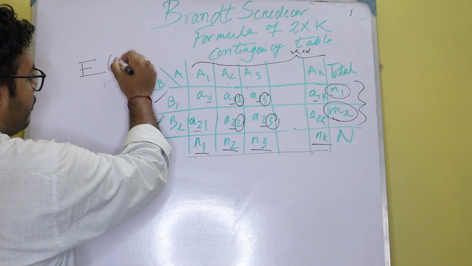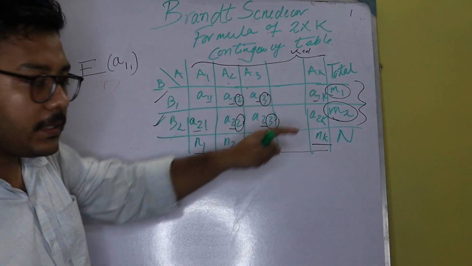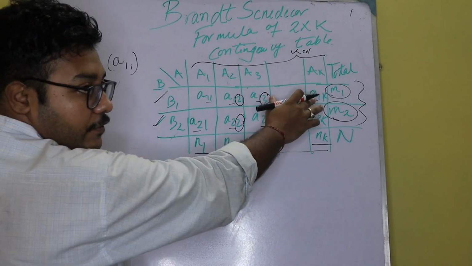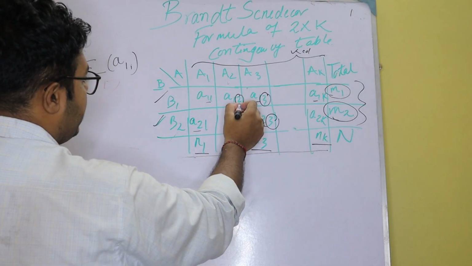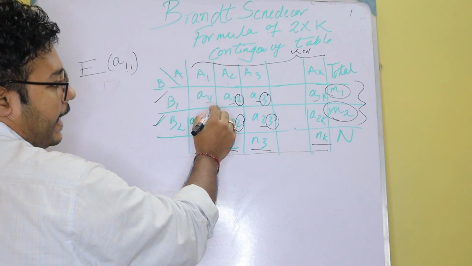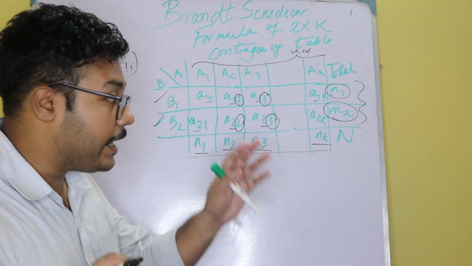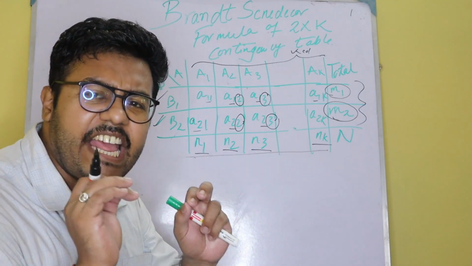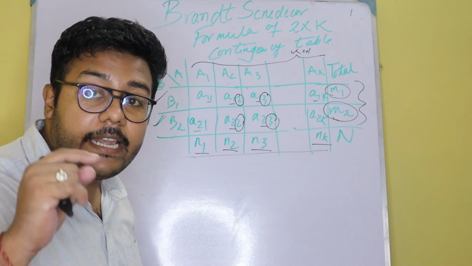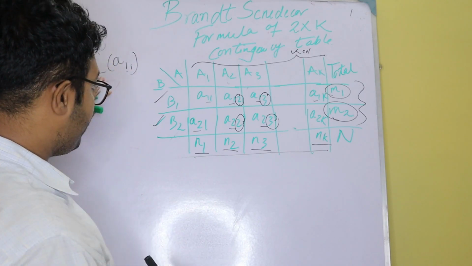So for E of A of 1i, what does i mean? The first index means the number of rows, and i means the number of columns. See, as I have told you before, the number of columns is varying, the second digit is varying. So I have kept the first digit constant, A of 1i, and I am varying the second digit so that I can find the expectation of each and every element of the first row. So A of 1, then I have given the i to denote the column number.